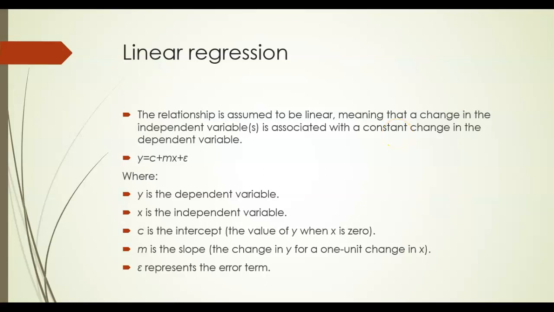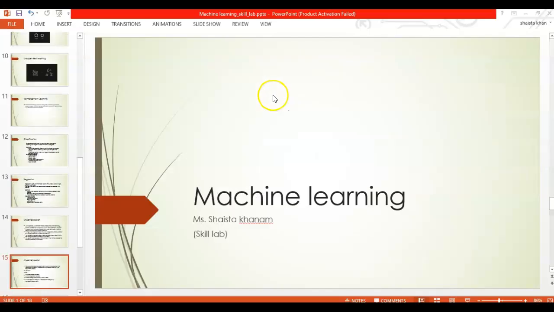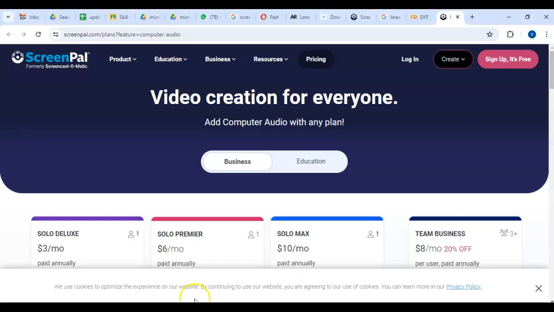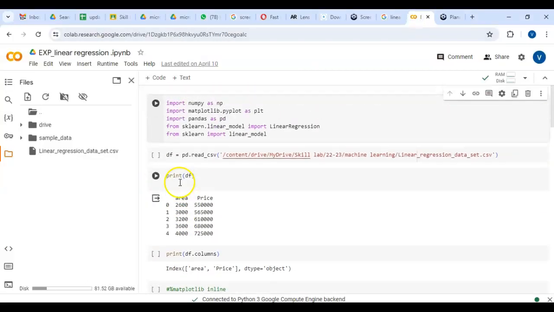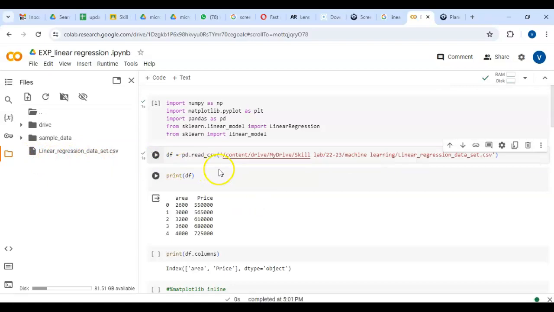So now we'll see its Python implementation. Here you can see first I have imported the libraries. I'm using NumPy, a plotting library, and pandas, because after that we read the CSV file into a pandas data frame. So here I have read the file, which is the CSV file I uploaded.